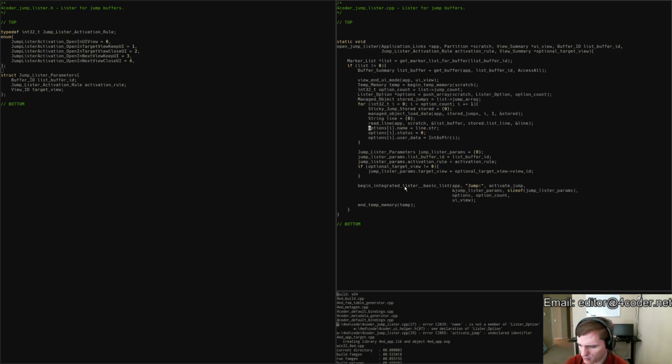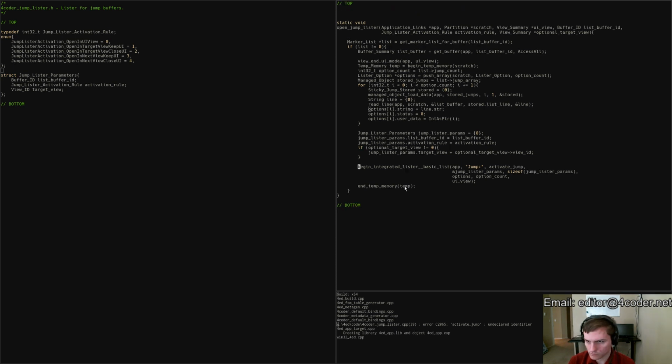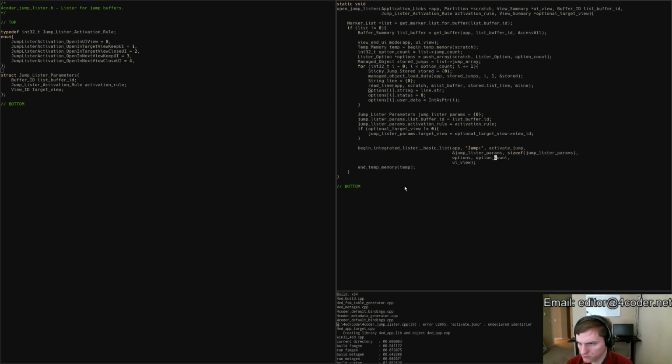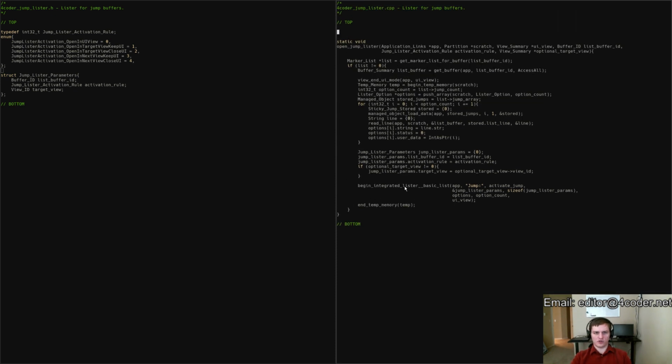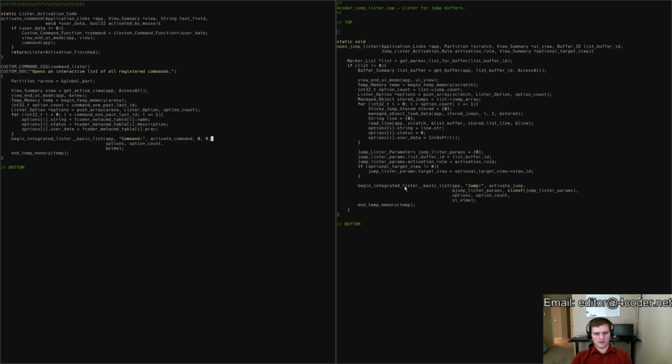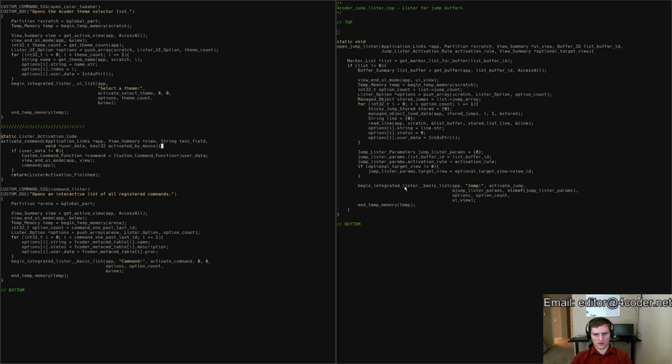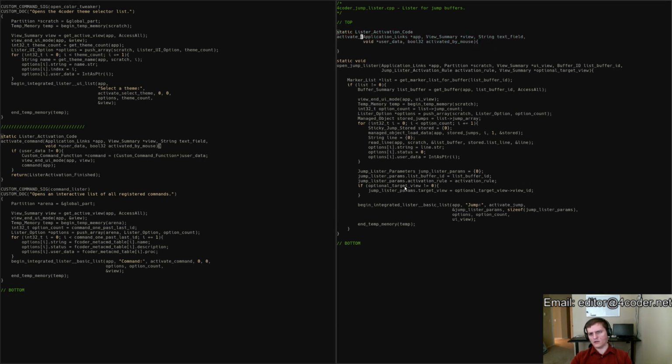Is it because there's a sub error? Is that what's causing the weirdness? Is that why it's squinky? String. Okay, now I just need to write an activate function. Let's go over here to lists and see an example activate function. There we go. Activate jump. So now we have all this stuff coming in at us, and we can go